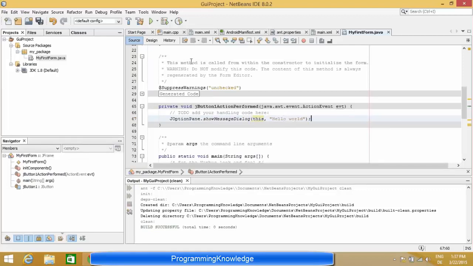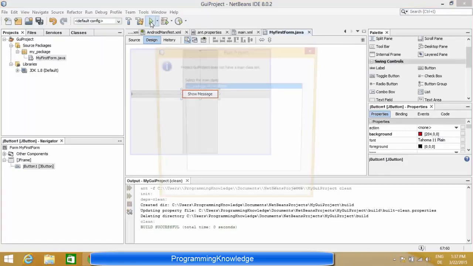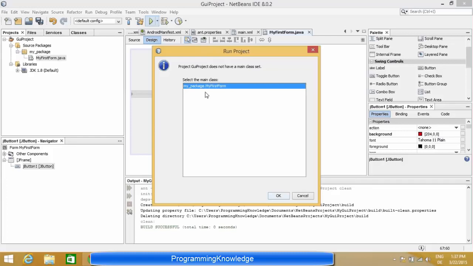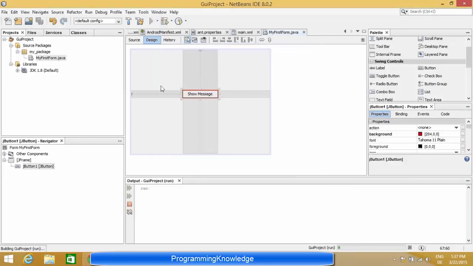Okay, so now, once you have finished creating your code, you can click this green button from here. It will build and run your program. So you can choose your frame from here, run project. We only have one project. If you have multiple projects, you need to choose your project from here and click OK, and it's going to run our